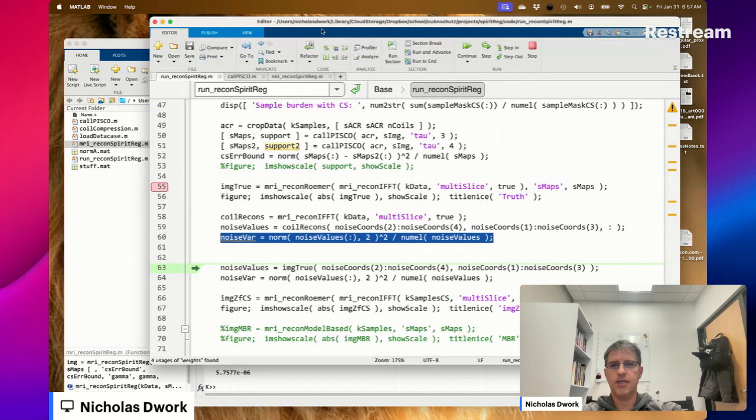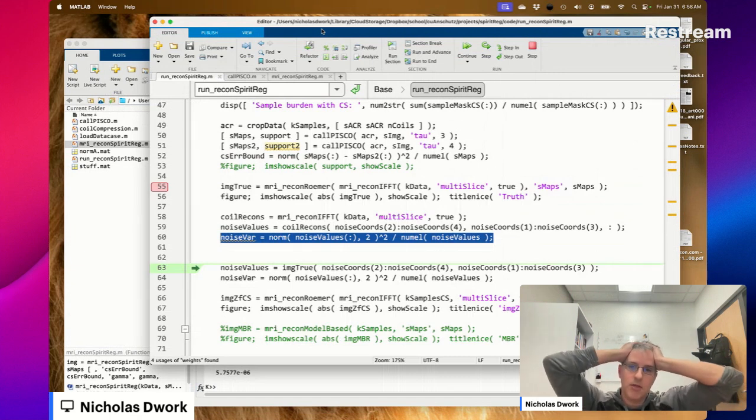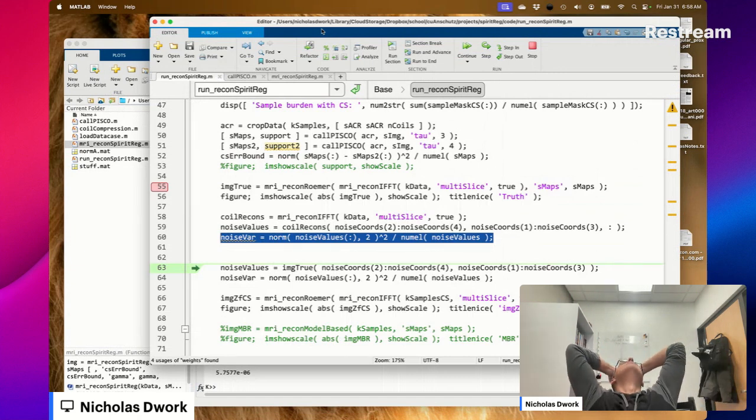Times 10 negative 6. So if we put the standard deviation in for the variance, it works in this case. Great. Just great.